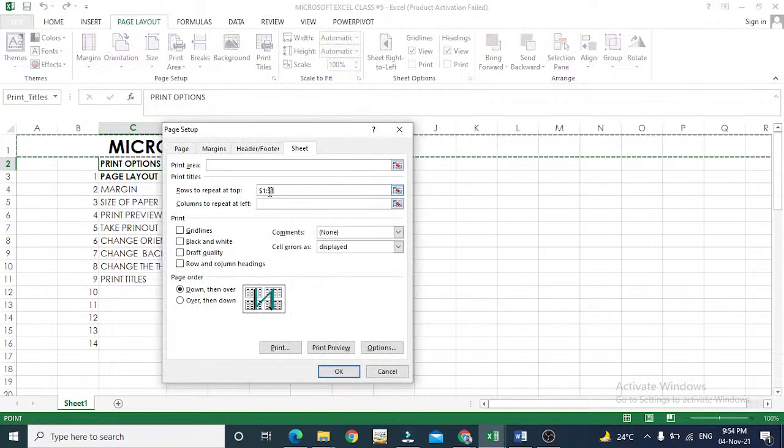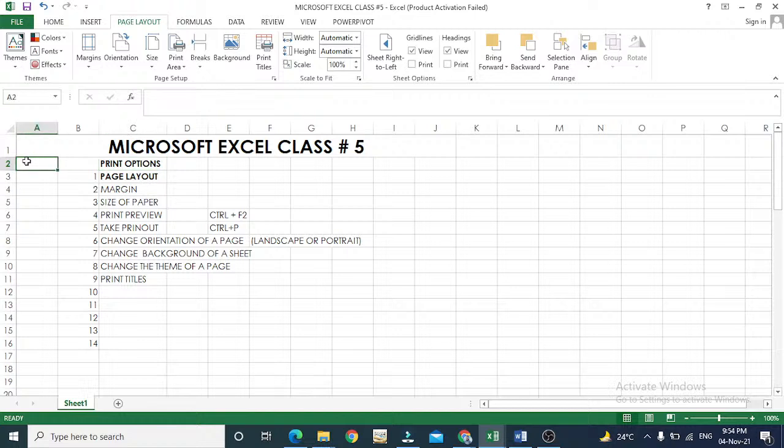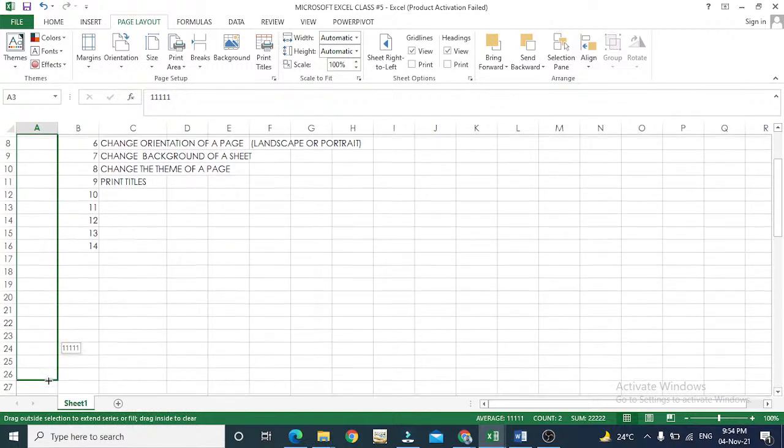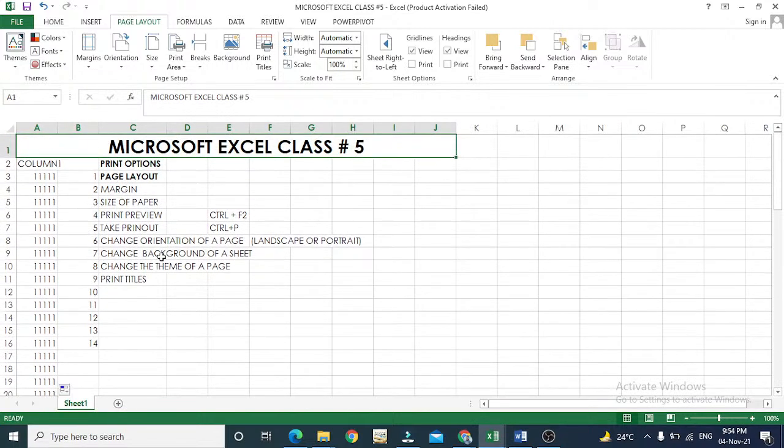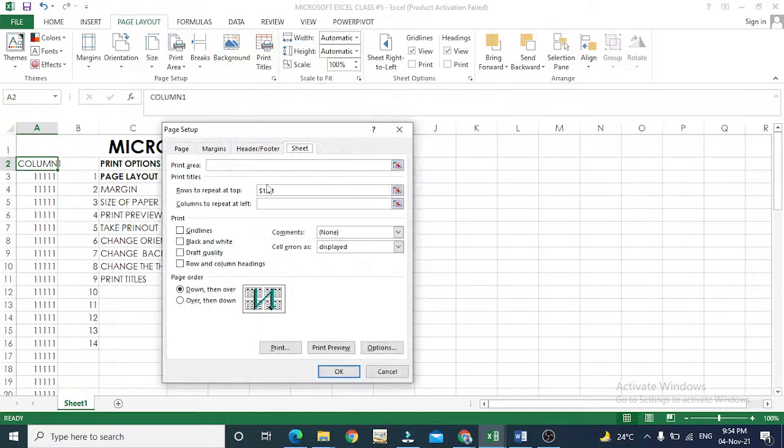So for example, one more thing, if I want to repeat columns at left, if I have a column 1 and 1 1 1 1 1 1 1 1 1, and I want to repeat this column on every page, on the left side of the page, how will I do this? I can also do this just by clicking on print titles,